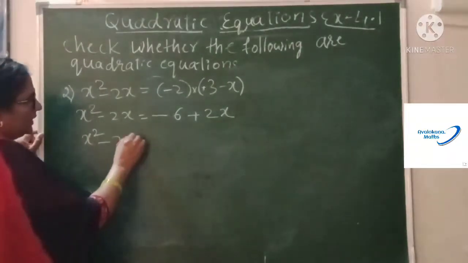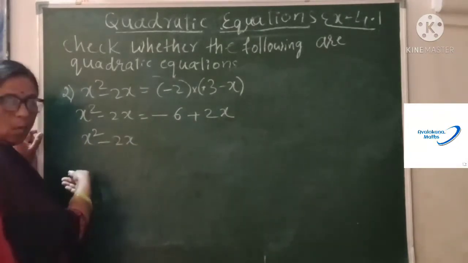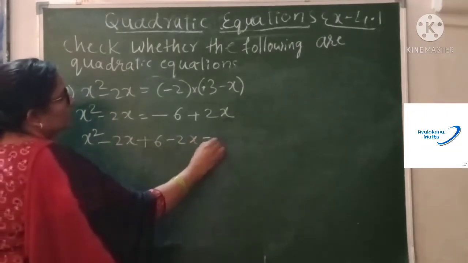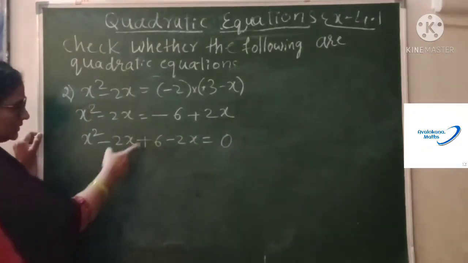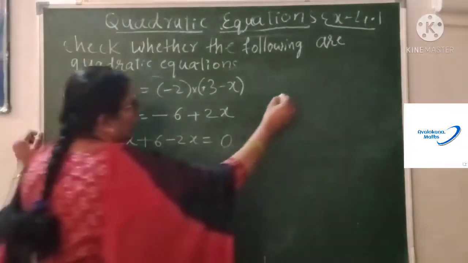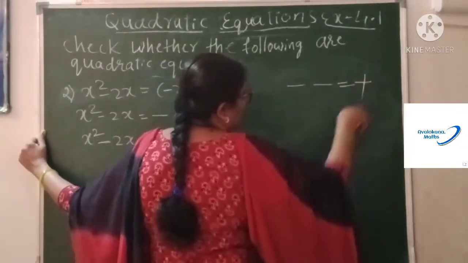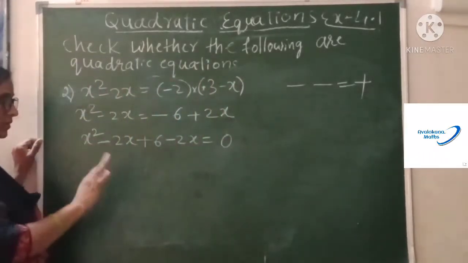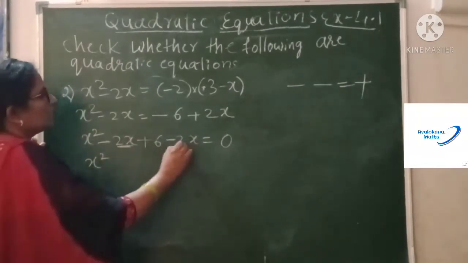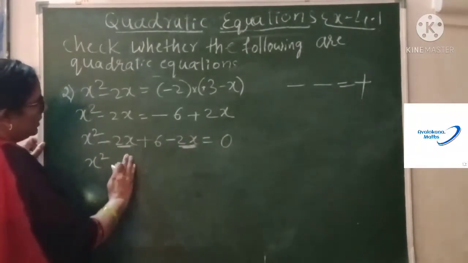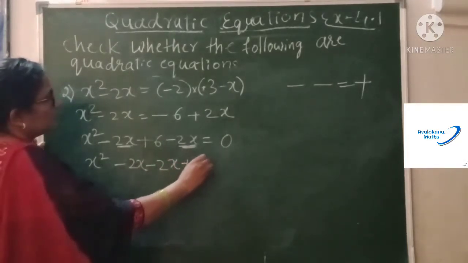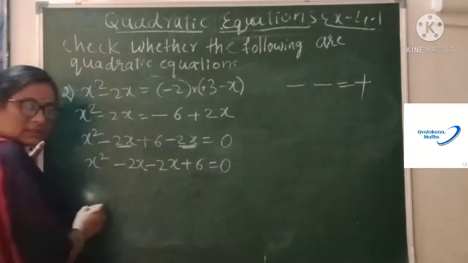Now look at this one, x square minus 2x. Let me bring all the terms one by one. You can bring it: plus 6, plus 2x, make it minus 2x, it is equal to 0. Once again, children, don't cancel this way. This is minus and this is minus. If both are negative, what you are doing? You are adding the numbers. This I explained in my previous videos. See, look at this one. x square, we have these two like terms. So minus 2x, I'll write that for our calculation to make it easy: minus 2x plus 6 equal to 0.